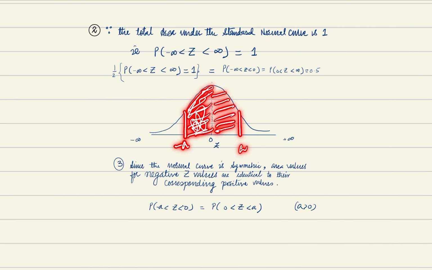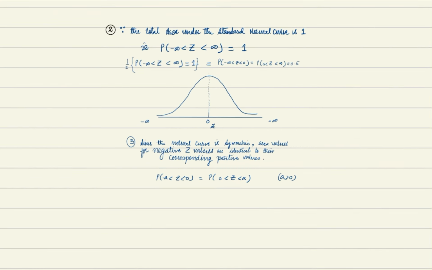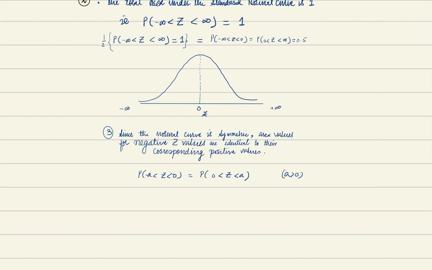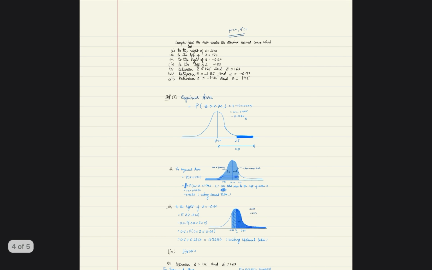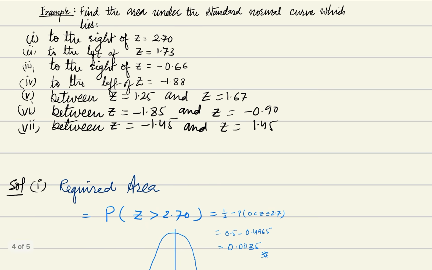So if we are giving the negative value, we will convert that to the positive value. In this way we calculate the right questions based on normal distribution or standard normal distribution. We have a table to calculate the values from the distribution, so I will talk about that as well. Anyways, now let's see the question.